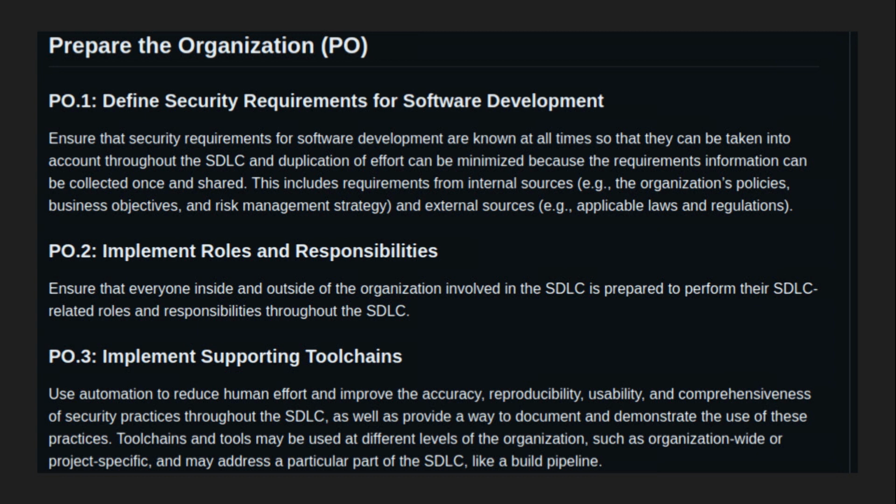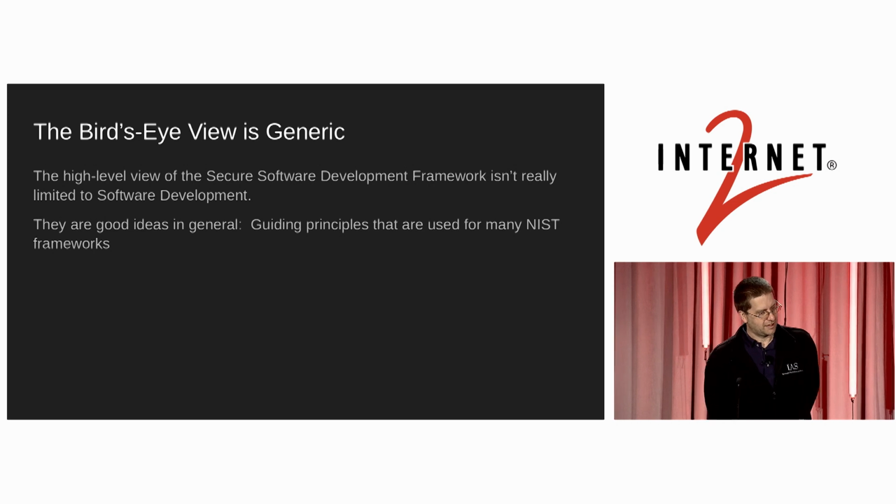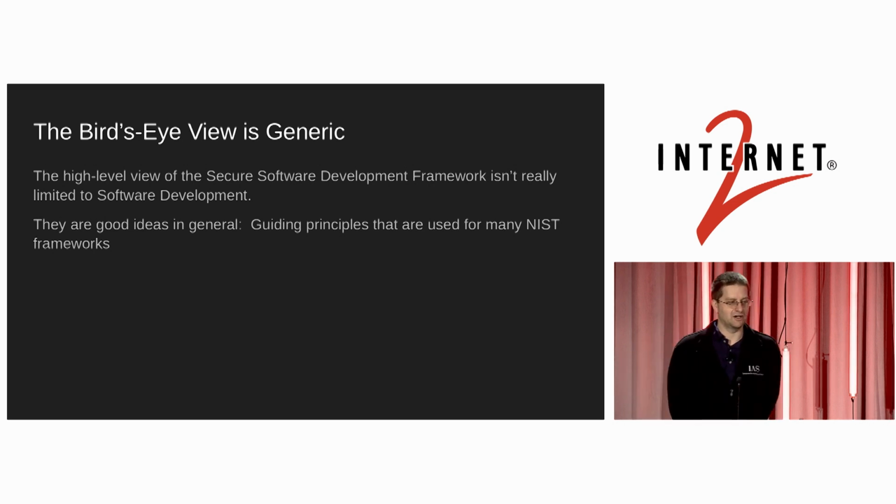And if you think about that spreadsheet, it kind of runs left to right from 40,000 feet on the left-hand side. In the middle, it's stuff that you can use at that 20,000-foot level. The action items, the things that actual people doing code or fixing code need, are on the far right. That's the ground level. Yeah. So, like Jay was saying, at the 40,000-foot view it's generic. A lot of stuff when you're looking from that level is just a good idea in general. And you can find a lot of common themes between that and other NIST documents.